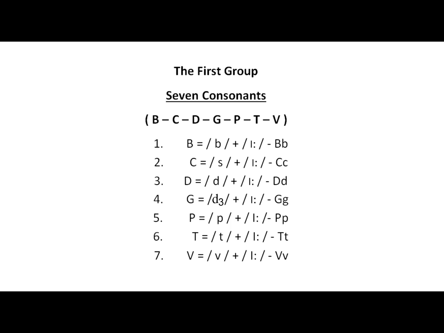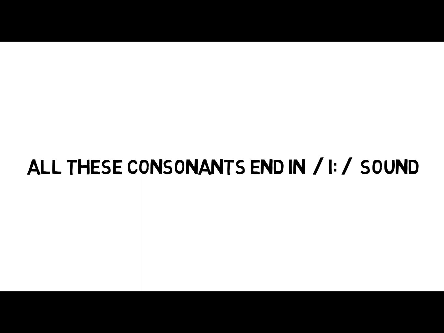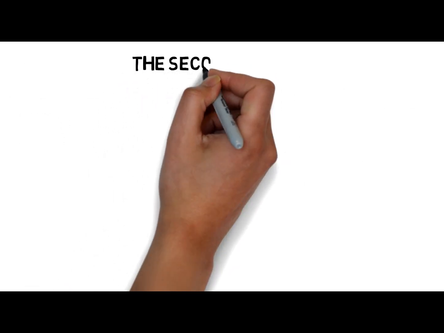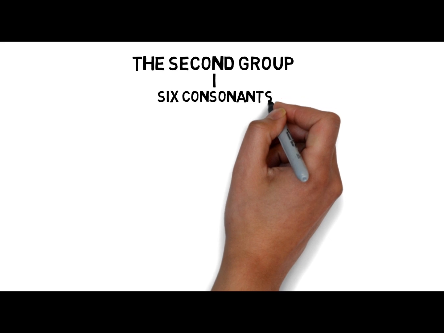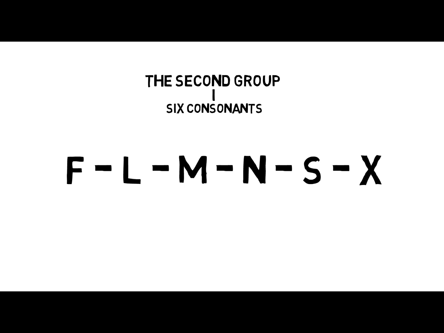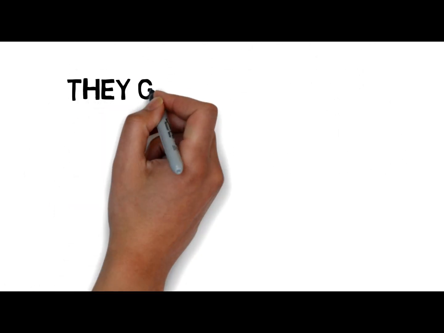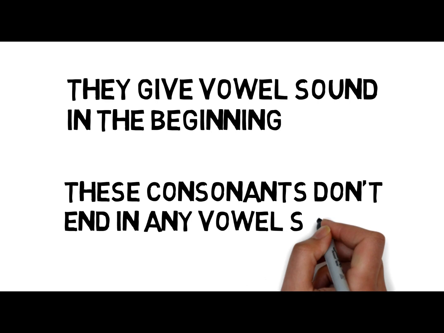So we notice that all the letters of this group give the vowel sound E as the stretching sound or the ending sound. The second group has 6 letters in it, namely F, L, M, N, S and X. Now these letters in fact give out the initial or beginning vowel sound instead of the ending sound. Each letter here begins with the vowel sound A. We speak these letters as